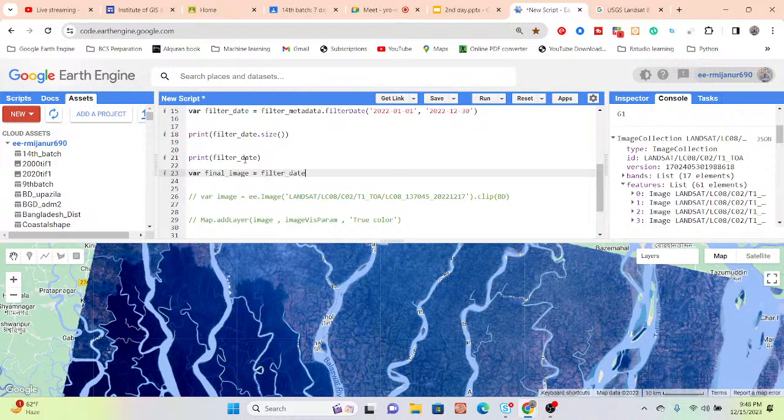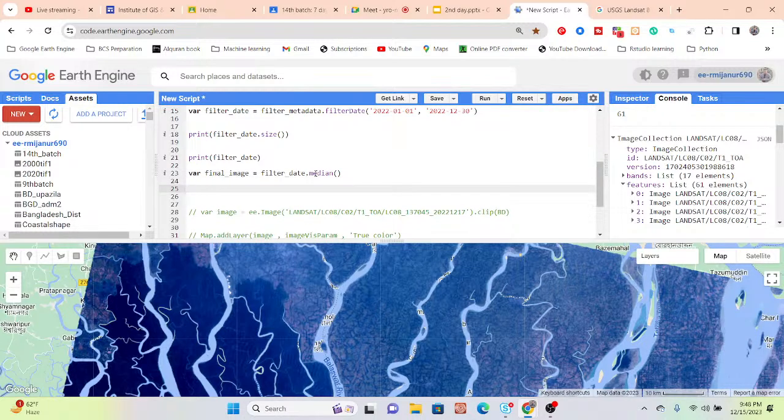Okay, because this filter date stores the total 61 images. Okay, so now I want to create the median composite of the 61 images. So just use here median. And now first of all, I will show you that result. Suppose Map.addLayer and call the final image. Copy